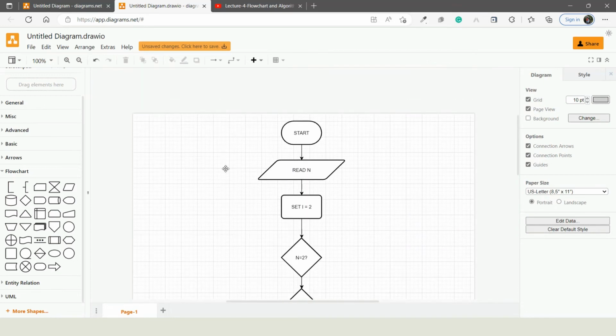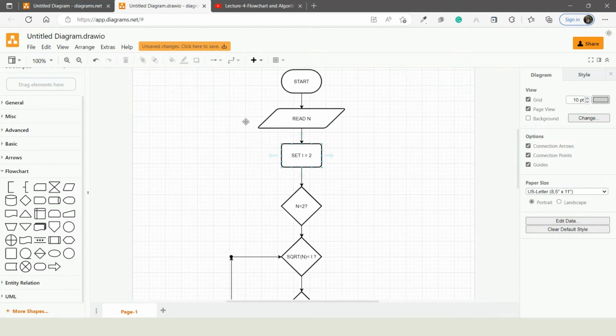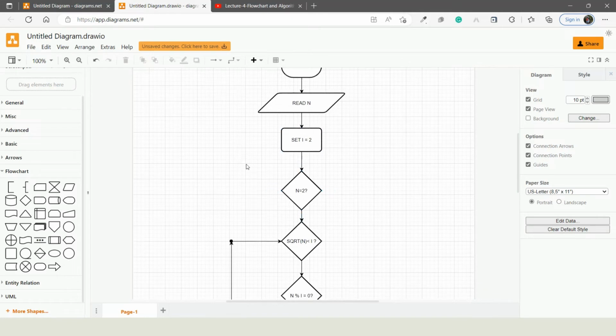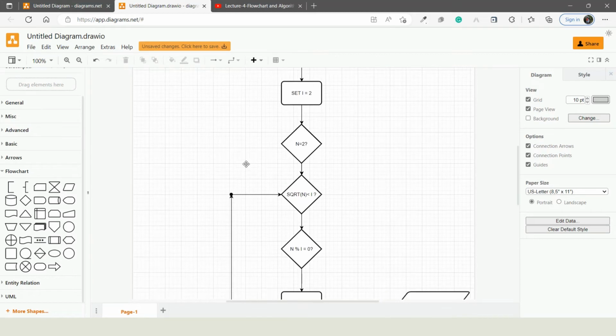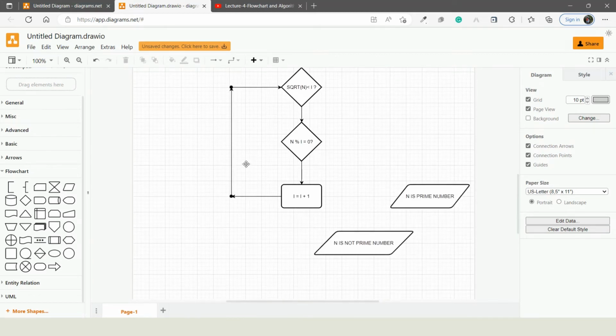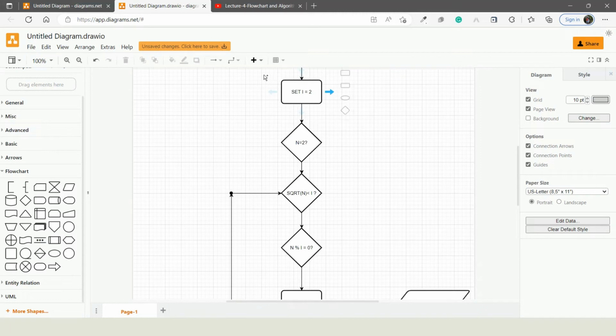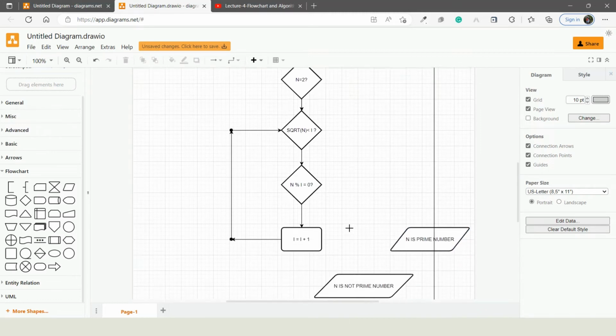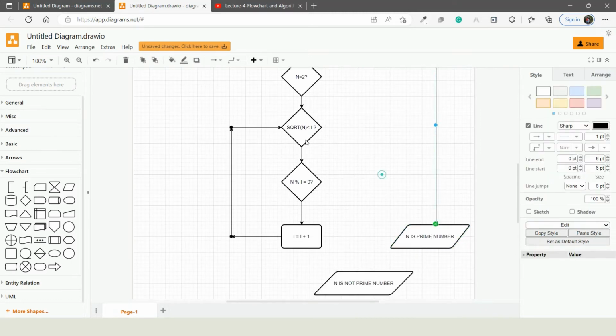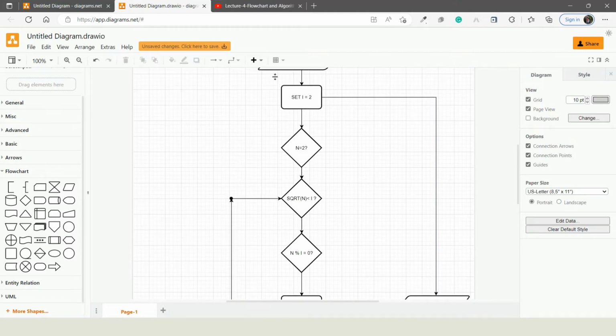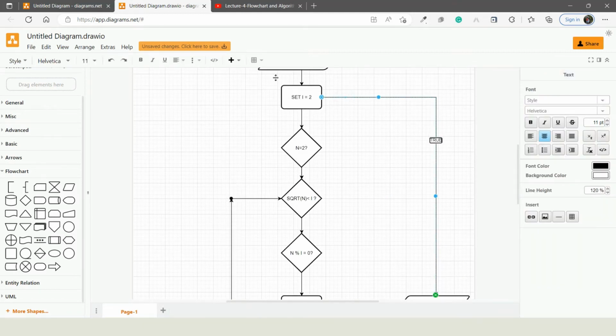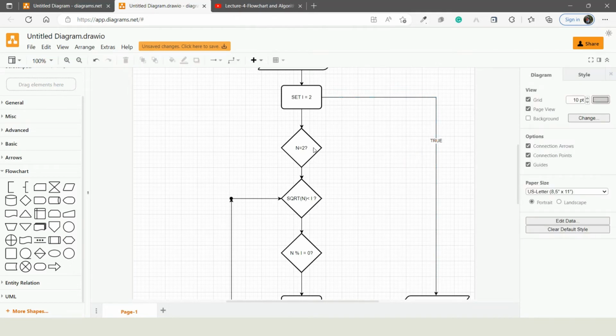Okay, let me explain this again. First symbol is the start terminator symbol, then we have to take the value from the user, then we have to initialize I variable by 2. Then we have to check the condition if n is equal to 2. If it is true, then this number is definitely a prime number. If it is not true, if it is false,